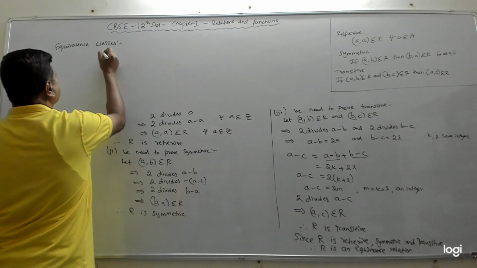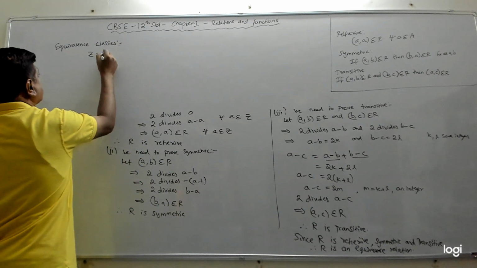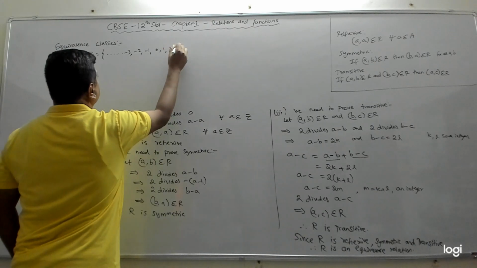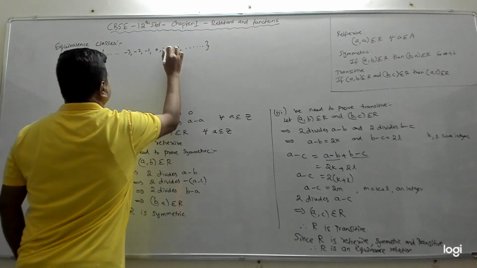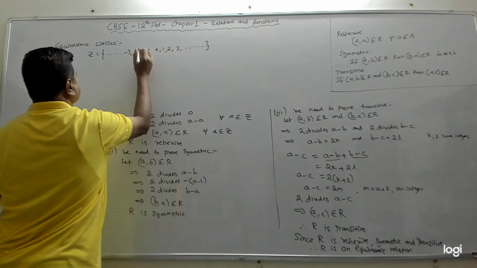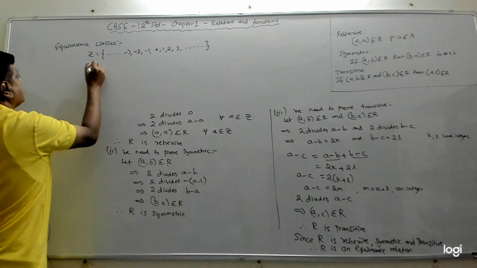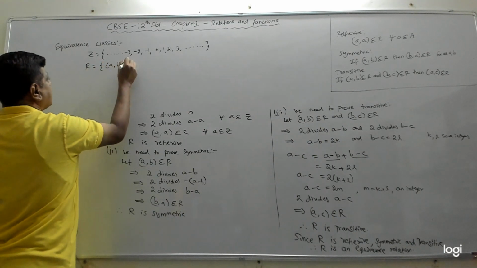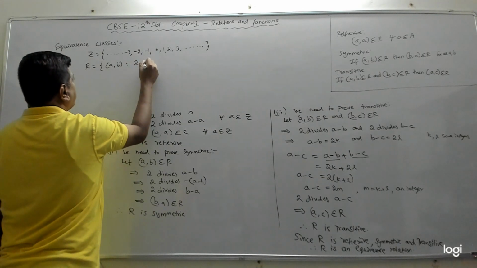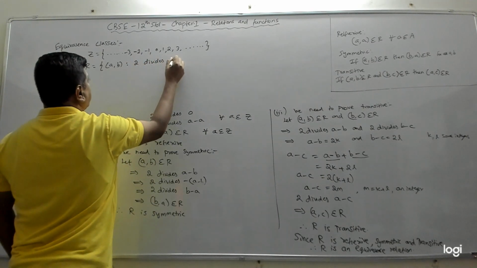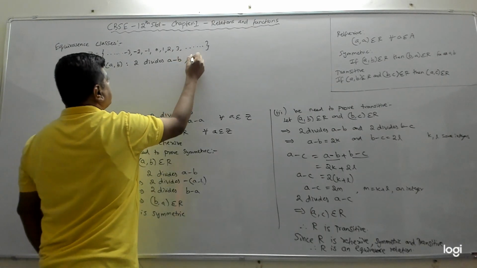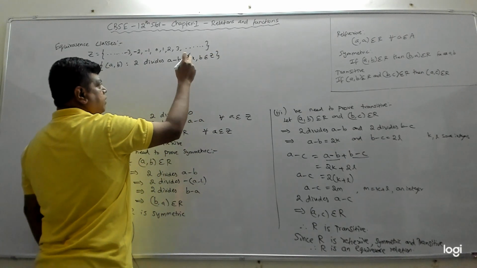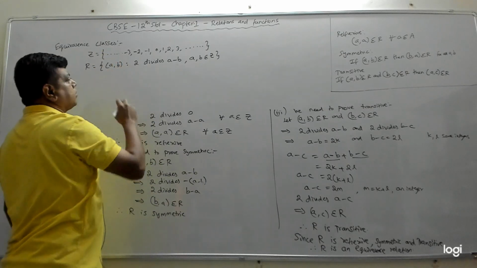So we have Z, the set of all integers, which are dot dot, minus 3, minus 2, minus 1, 0, 1, 2, 3, dot dot. These are our integers. The relation that was defined in the previous example 5 was a is related to b, or (a, b) such that 2 divides a minus b, where a and b belong to Z. So don't put brackets here. It's not an ordered pair. We are saying both the numbers a and b belong to Z, this set.